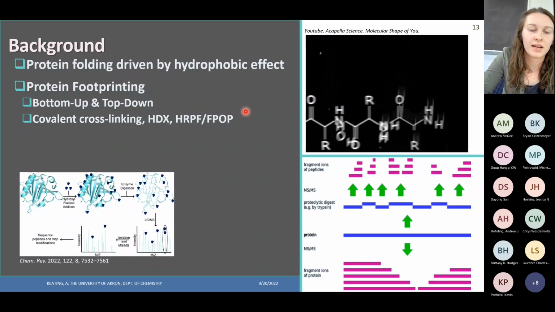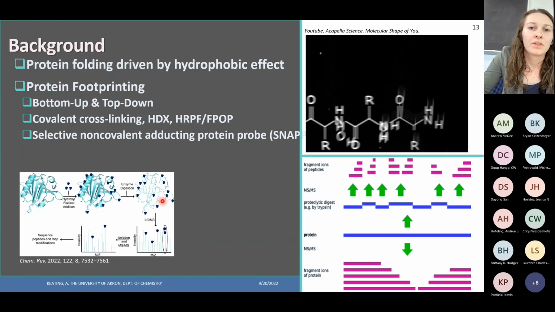So this is an example of that FPOP or HRPF technique, in which they irreversibly label the protein with hydroxyls. This is a bottom up approach, and then they digest it and ultimately determine the sequences that were tagged to figure out what was surface accessible. And then